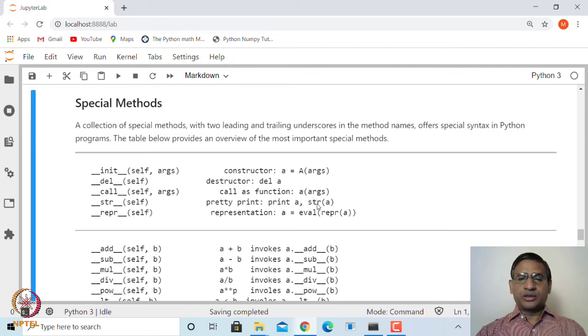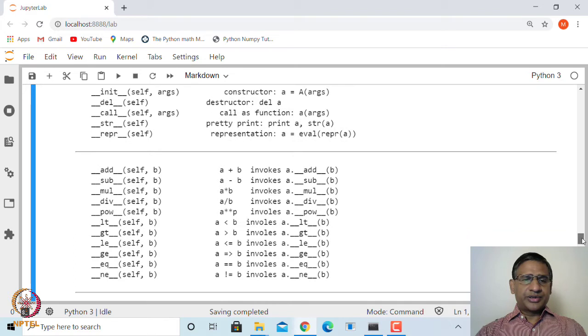We saw in the case of complex number z, when we say print z, it printed that value. Similarly, repr also has similar behavior, but there is a small difference between str and repr methods.